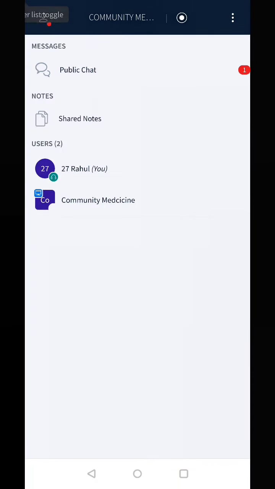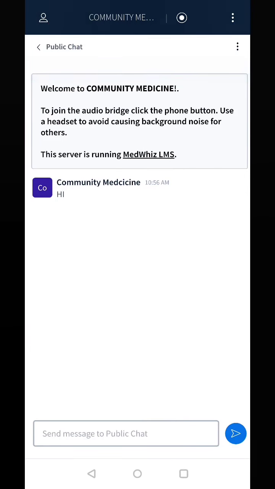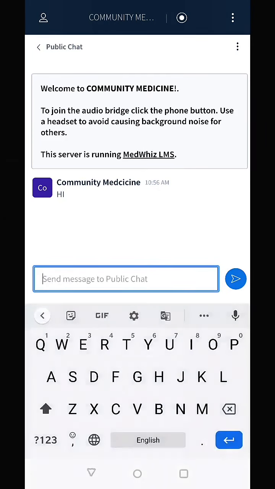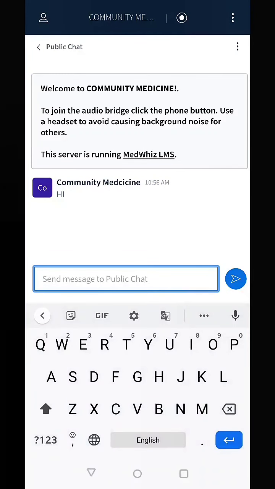And also there is one more option. There's a private chat option. Example. Okay, so you can just click on here, and you can come to public chat. So there's a public chat where you can ask anything which you want to ask. You can just write.